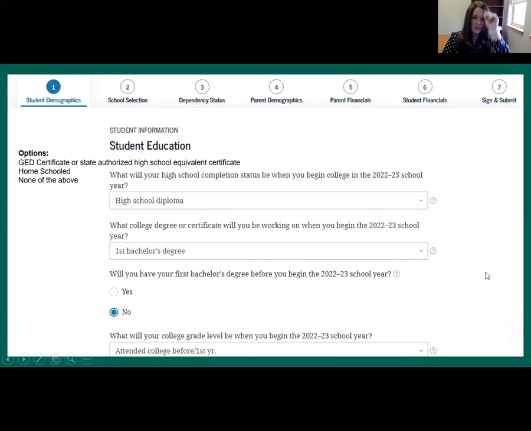All right, and then next, so this first question, what will your high school completion status be when you begin college in the 2022-2023 school year? For most students, if they're starting college next fall, it will be a high school diploma. If they have done some other, whether they have a GED certificate or if they've been homeschooled, those are all of the other options, as well as none of the above. So pick which one, depending on what your student will have achieved by the time that they start college in